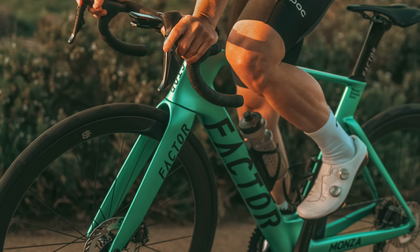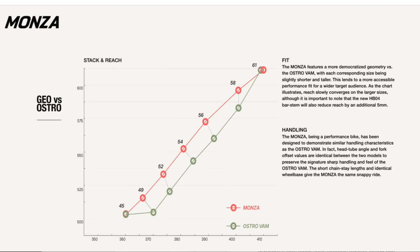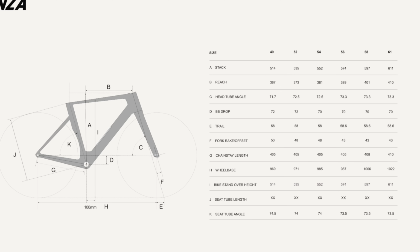But one key area of difference is the fit. So the fit is dialed back a bit from the Austro Vam. So firstly, it has a 10mm higher stack and a slightly shorter reach to bring the handlebars a bit higher and closer to you. Not as relaxed as an endurance road bike, but a bit more dialed back as a race bike. And that taller head tube means you can run a slammed or very low stem with no spacers,